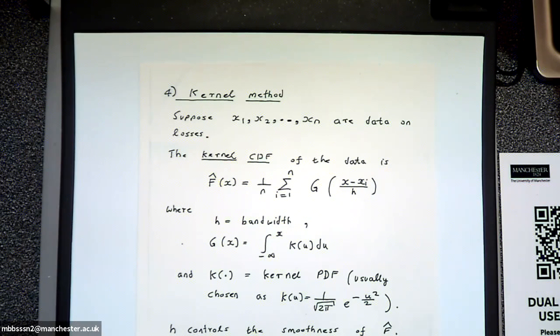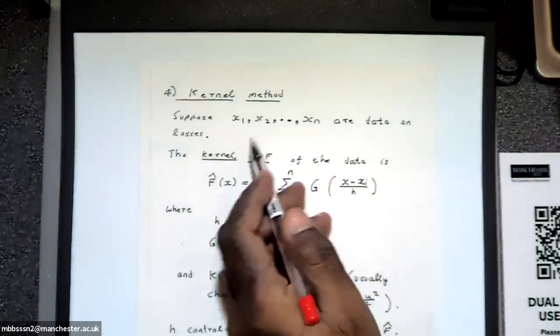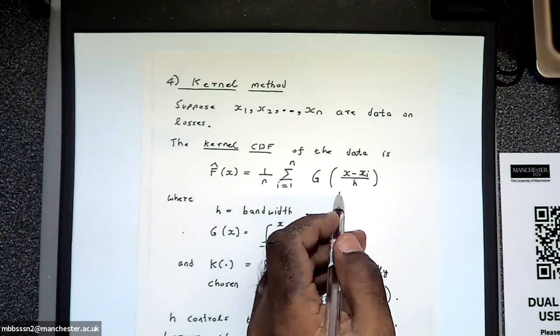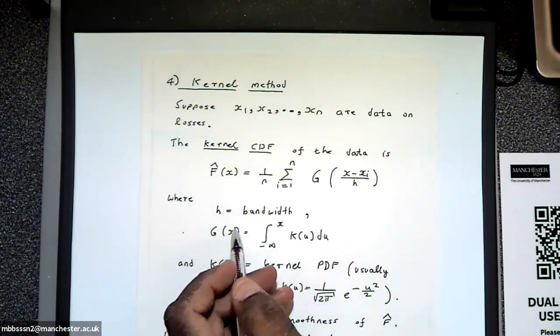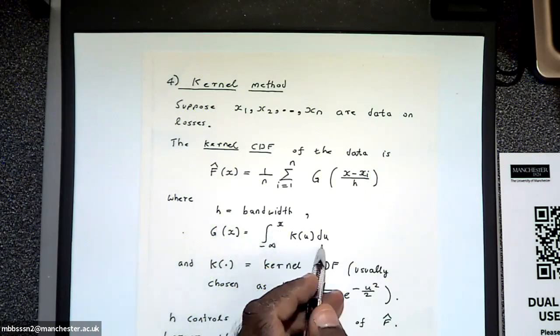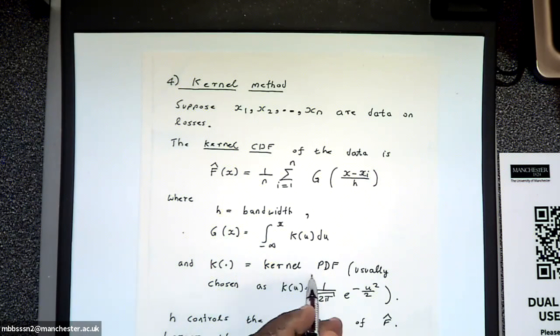Do you know what a kernel is? I mean, have you done density estimation? No, in the class, no. All right. Suppose you have the data on losses. The kernel CDF is defined by this, where H is known as the bandwidth, G is given by this, and K is known as the kernel PDF. Usually it's taken to be the PDF of the standard normal distribution. Now H controls how smooth